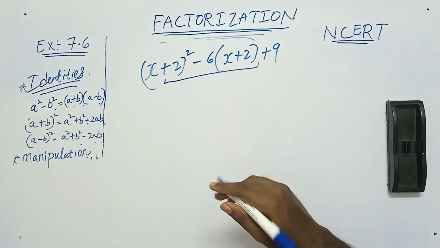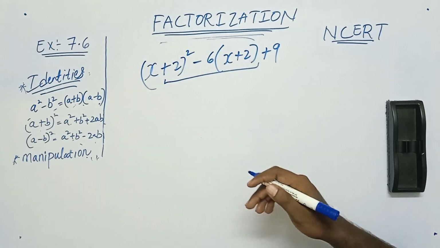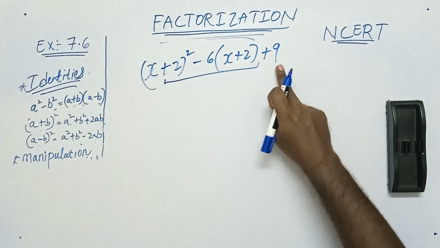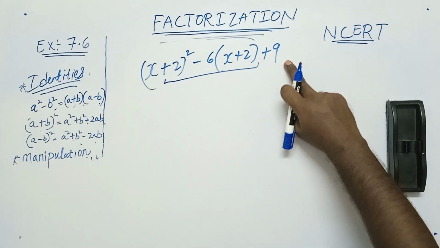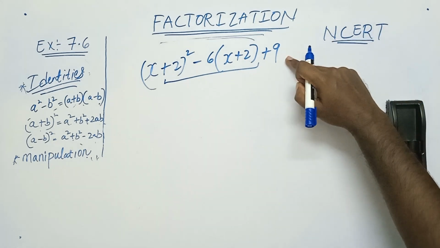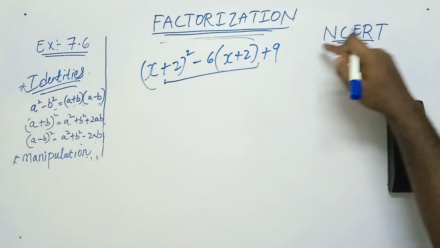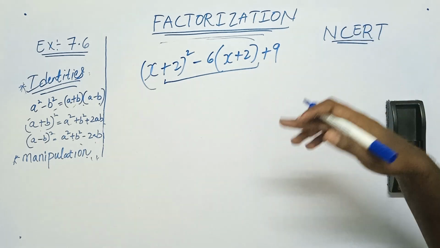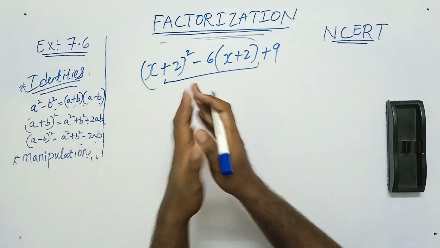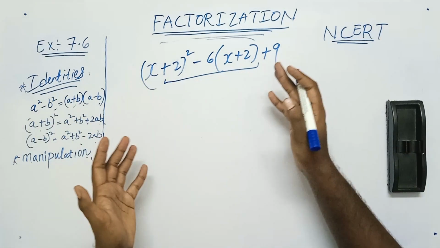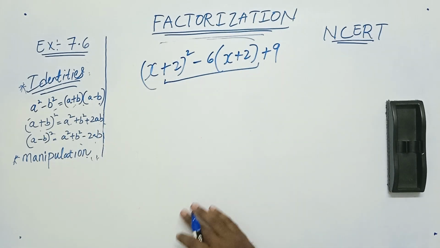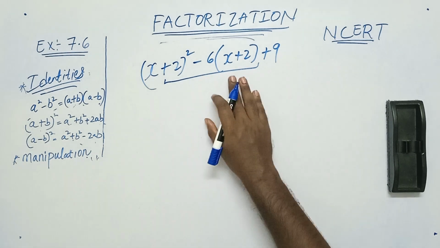When you want to group terms, we have to group one term with another term. If you group this and this term, then what about 9? It will be alone itself, so that doesn't make any sense. We have to group another term with 9, so that we can find the factors of a given expression. Here we cannot take common, there is no common. If there is no common, the identities and manipulations help us to find the factors of this kind of problems. So what we are going to do now is try to find out by using